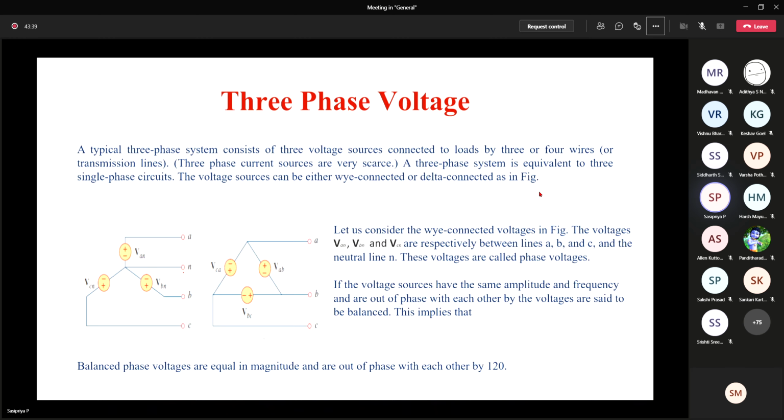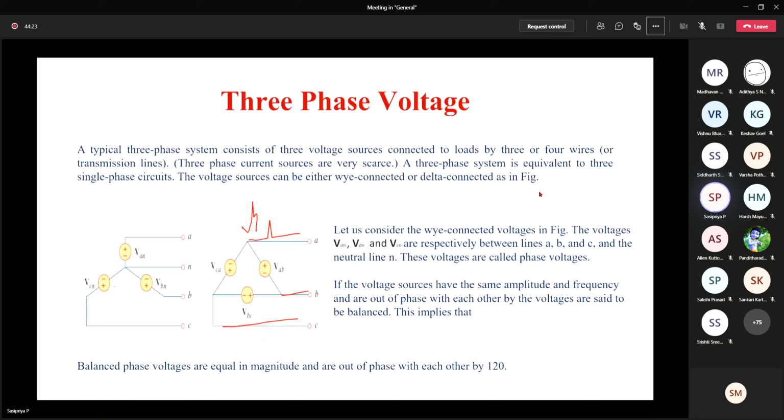Okay, so now as I said already, generally for a 3-phase system, 3 voltage sources will be there that are connected to a load, using either a 3-wire system or a 4-wire system. That is, 3-phase voltages can be connected to a load either using 3 wires or 4 wires. When it is 3-wire, it's arranged in the delta. So this is called delta connection. My supply is 3-phase, 3 voltages arranged in the delta form. So only 3 wires are there: this is phase A, this is phase B and this is C.